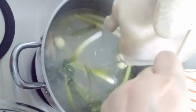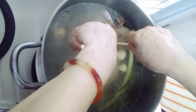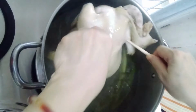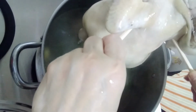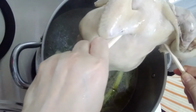So whatever water that's inside, let's drain it off, and also dip it inside the hot water again, to encourage the hot water to get into the cavity. So you do it about 2-3 times, so that the hot water can get in. You notice that the flow of hot water is very good here because I didn't stuff too many things inside. Nothing was stuffed inside, so the hot water could get in,